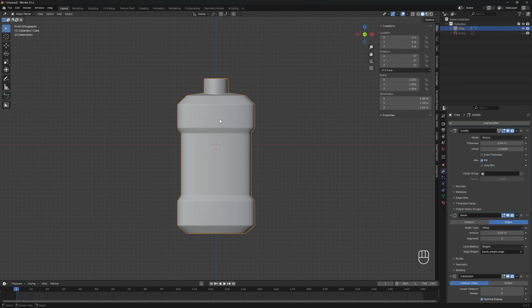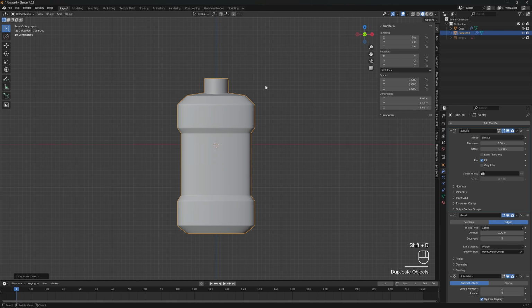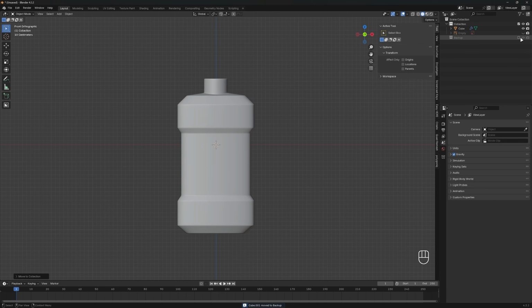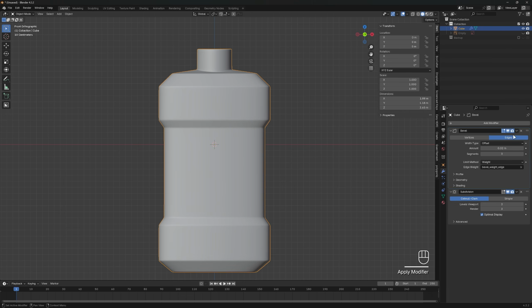In object mode, duplicate the bottle by pressing Shift plus D, right click to place it back, then hit M and choose Move to New Collections. Here you guys can set the name of it to whatever you like, Backup or Shitty Fatty Boom Boom. Then hide the backup collections on the layer panel by clicking this checkmark symbol for a backup in case we mess up something. Now we could apply the Solidify modifier by clicking this drop down arrow and pick Apply.